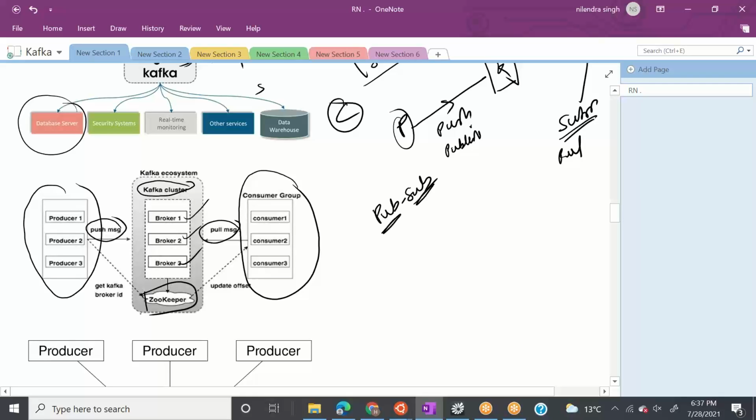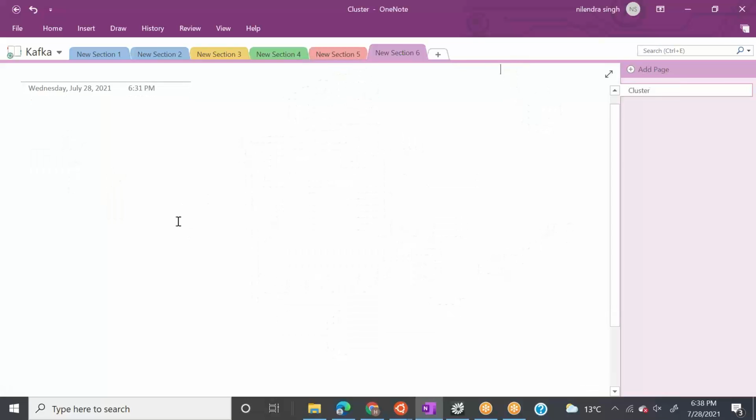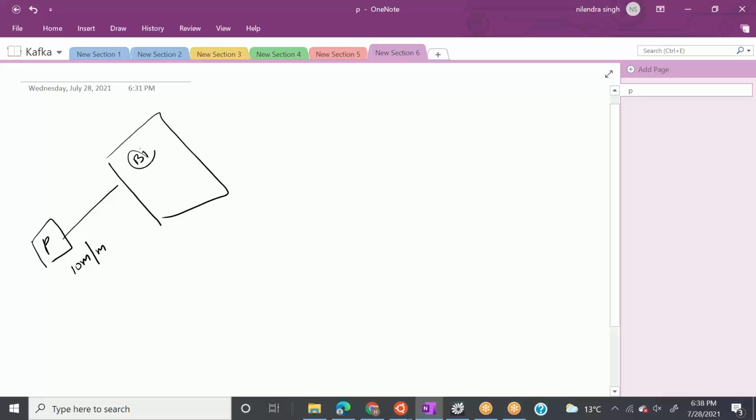But we know one thing now: producer, Kafka cluster, and consumer. One more thing which came up here is the consumer group. Since it came up, let me cover it and explain it in a lot of detail. So we have a producer, which is producing messages at 10 million per minute. Then we have a Kafka cluster of B1, B2, B3, right? Then we have a consumer, C1. Now let's say this increased to 100 million per minute.